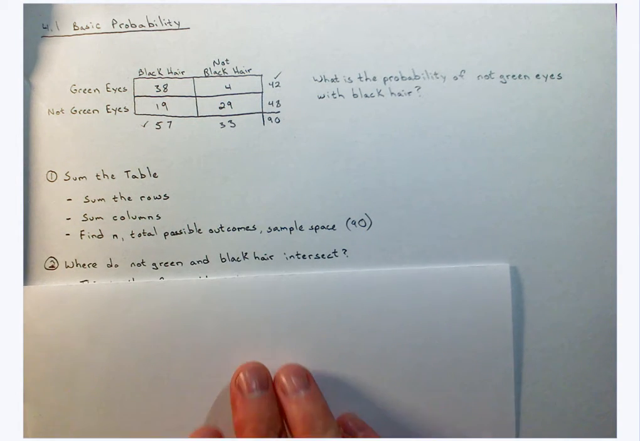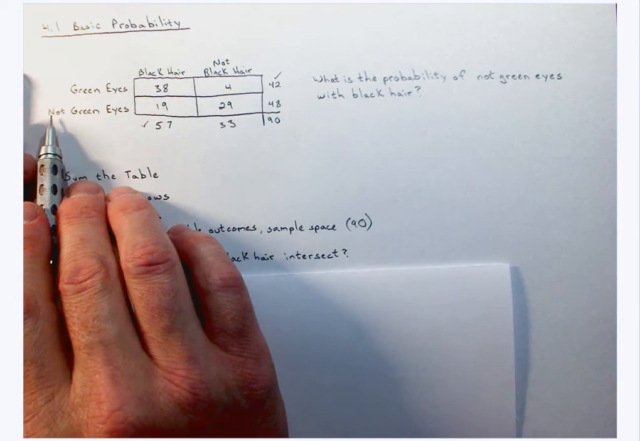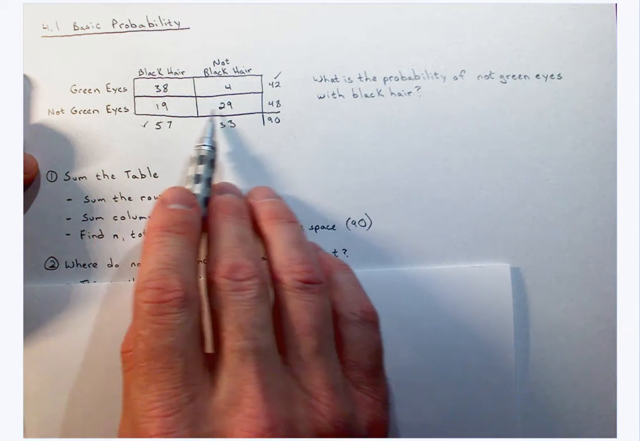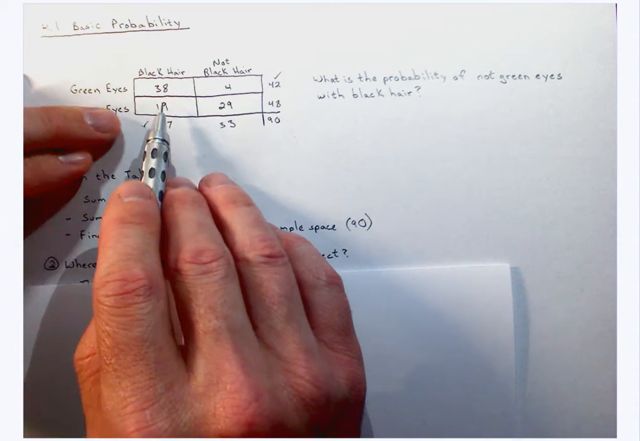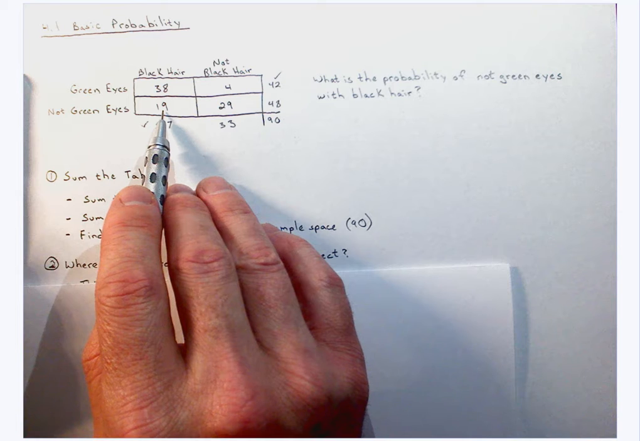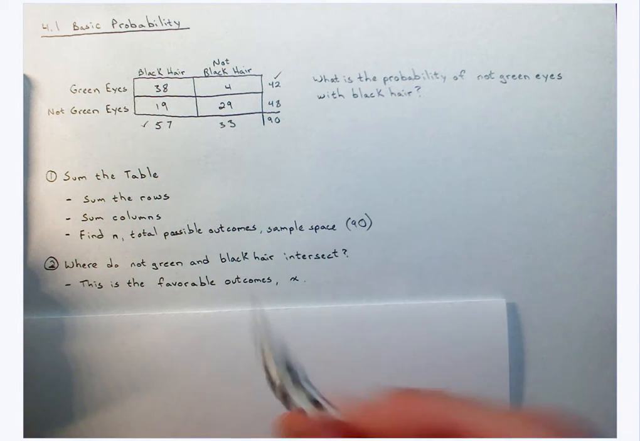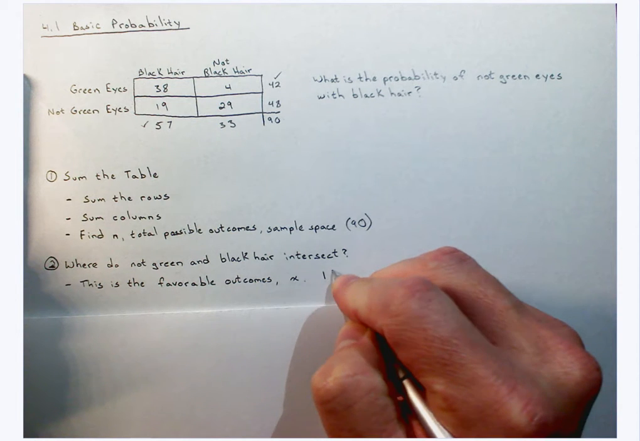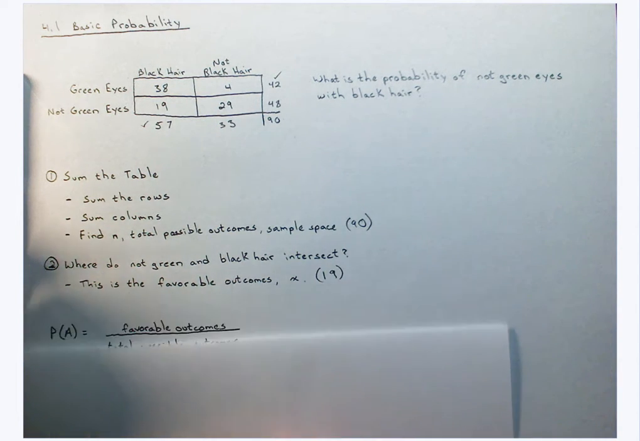Next, I'm going to find where not green eyes and black hair intersect. So my bottom row is not green eyes and my first column is black hair. So where do they intersect? They intersect here at 19. This is my favorable outcomes, or x,